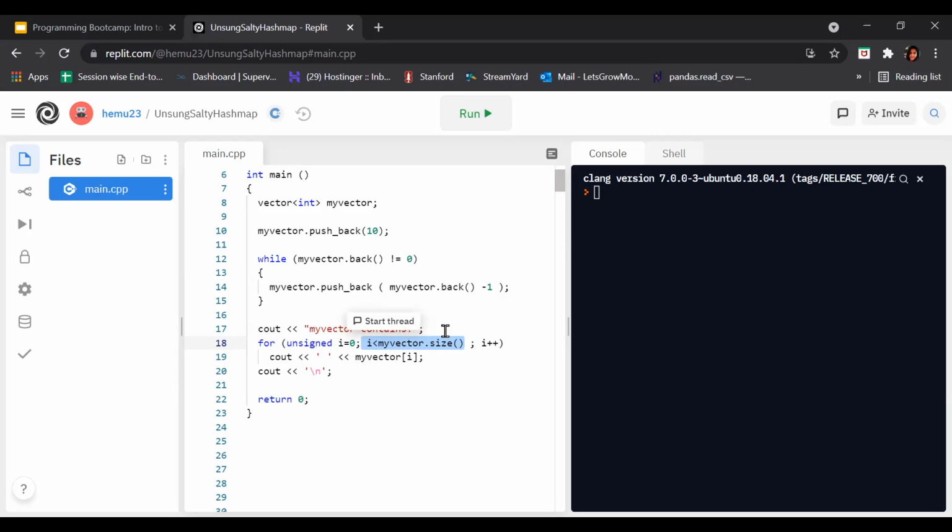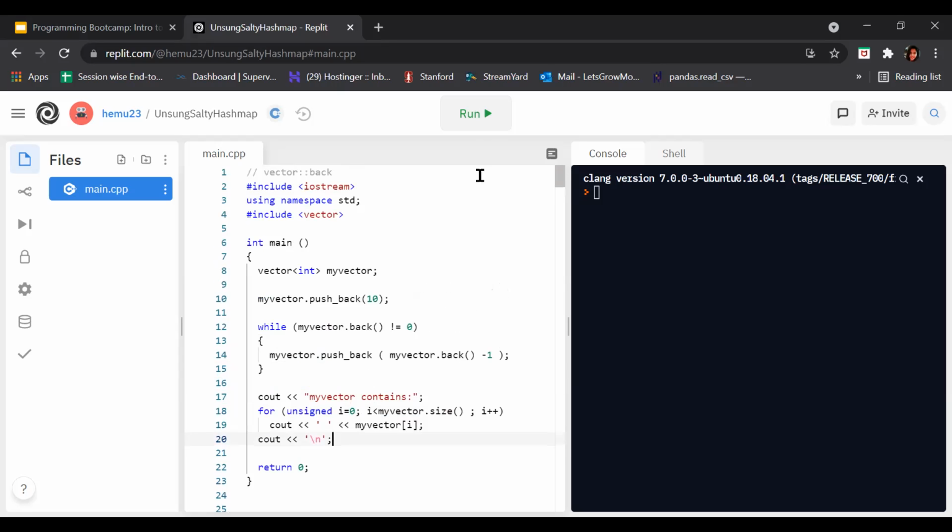If it comes out to be true, then these statements will execute. Otherwise, it will terminate out of the for loop. After that, we have an update expression, i++, so that it updates i and the loop will continue. Then we have a return 0.